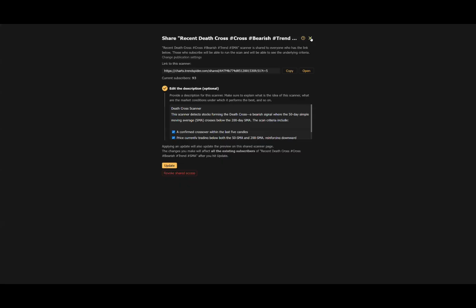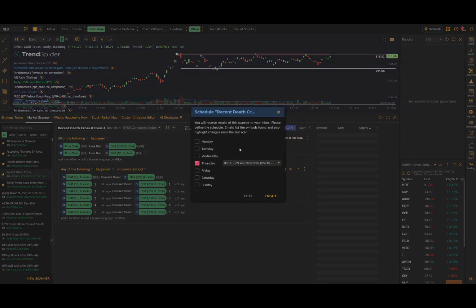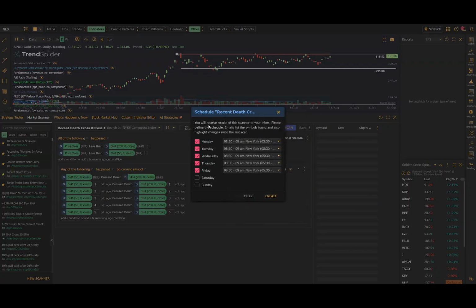Basically, you can run this scanner on a schedule and it can deliver scan results to your email at a predetermined time. It can be, I believe, just once a day to your inbox. So if you want automated results of your EMA crosses sent to your email every day, you can set it up like this